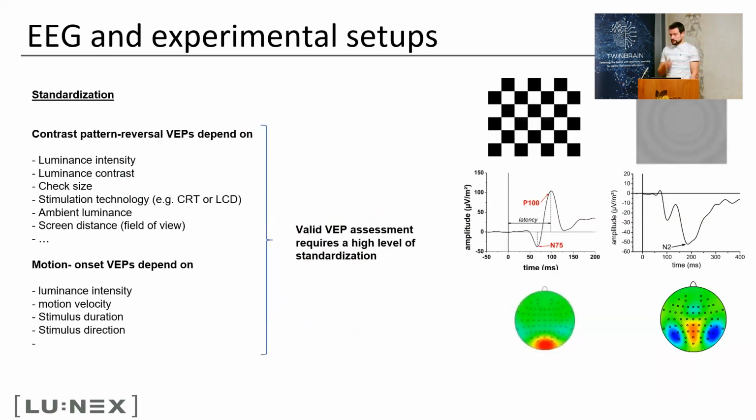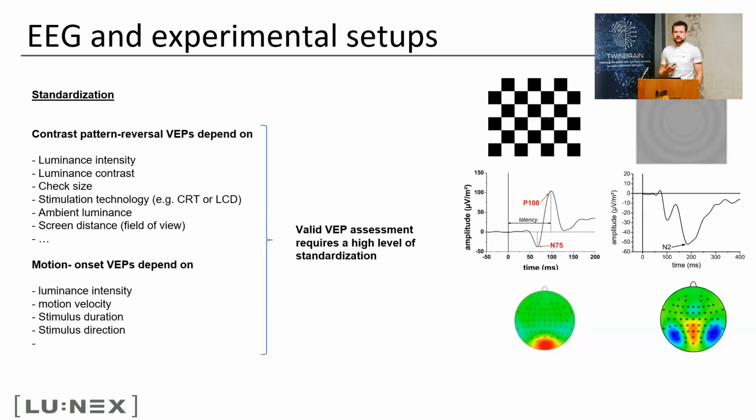When we are doing visually evoked potentials with a contrast stimulus, and that applies to both a luminance contrast and a color contrast stimulus, this type of stimulus depends on many different parameters. It depends on the luminance intensity and the luminance contrast, obviously, because as we discussed, the P cells are very sensitive to high luminance, to high contrast. If there is a variation, for example due to ambient light that is changing, or if it changes the contrast of your screen, if there are reflections or something like that,